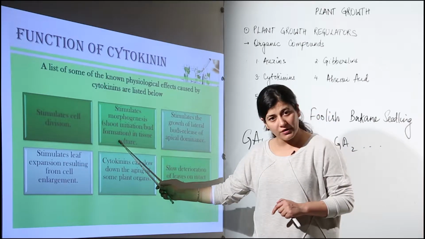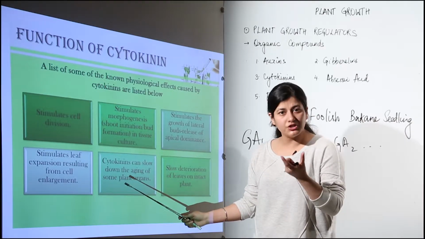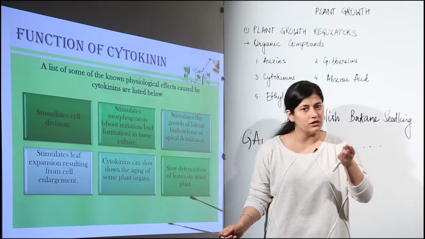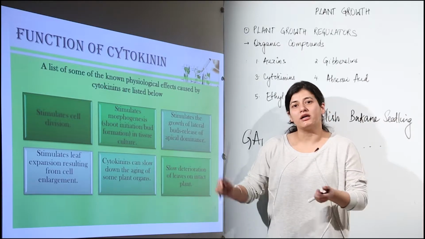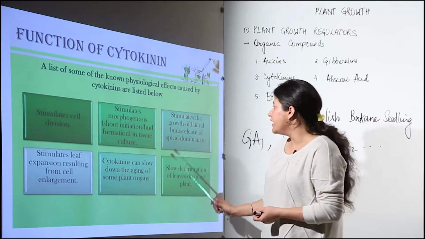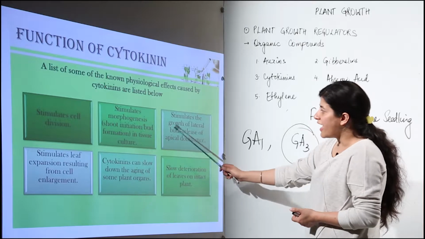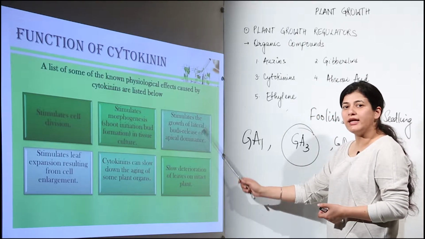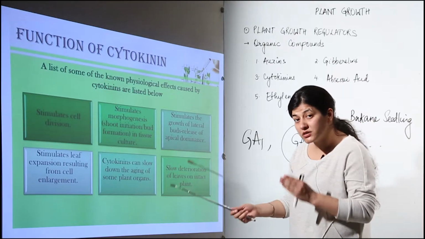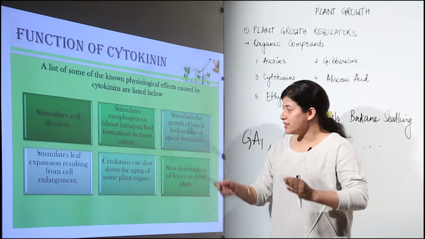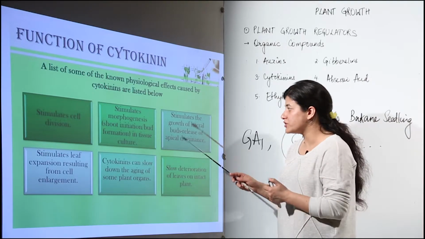They lead to bud formation. All this takes place at a very fast pace in tissue culture, but not just tissue culture, even in live plants the morphogenesis that has to take place occurs in the presence of natural cytokinins. Now they stimulate the growth of lateral buds. Please pay attention: as it stimulates the growth of lateral buds, it is antagonistic to auxins, because auxins promote apical dominance. Cytokinins promote lateral bud growth. That is why they are antagonistic to each other.